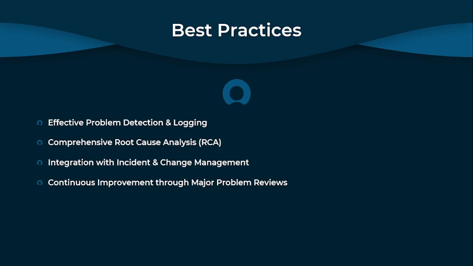Incident management helps in detecting recurring incidents by linking multiple incidents to a single problem record, thereby identifying patterns indicative of underlying issues. Proactive problem management analyzes trends and patterns in the incident data and user feedback to preemptively identify potential problems. Once a problem is detected, it should be promptly logged into the problem management module with a detailed description of symptoms, impacted service, initial diagnostic information, and links to a related incident record.